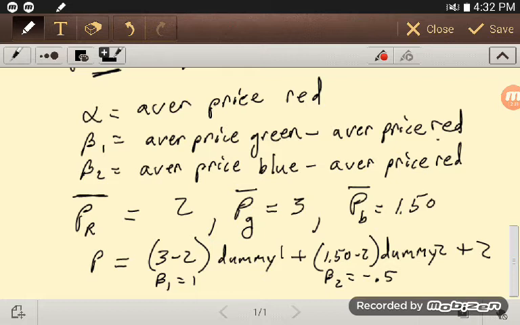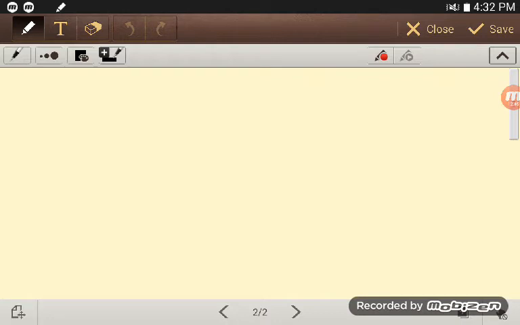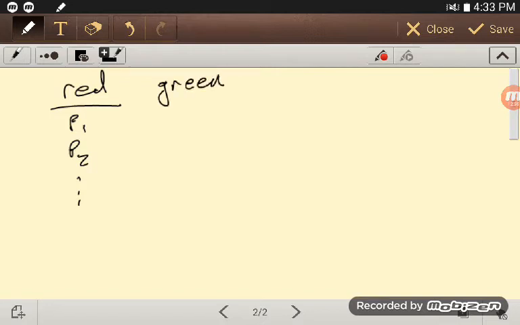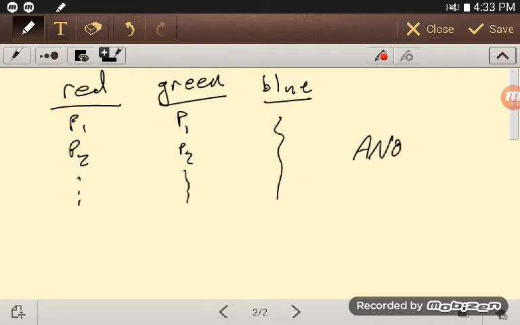For the red, green, and blue data, we could look at the price. We could order it as, here are the red prices. So if you think of it as columns, let me go to a second page here. If I had red and I had a price 1 and a price 2 and so forth down that way, and a green, and those had a bunch of prices, a price 1, a price 2, and so forth, and a blue, and these prices down there, then that looks like we have something that we would run